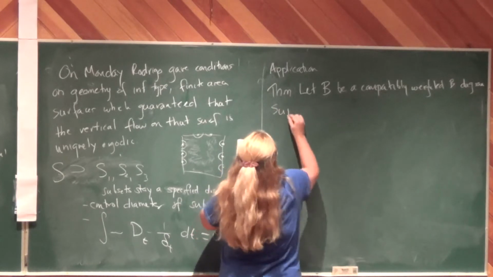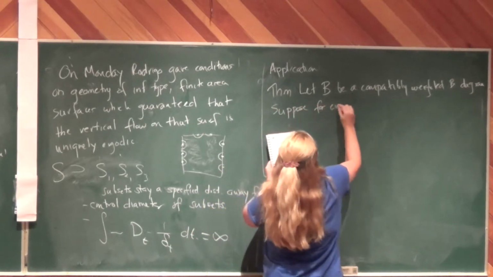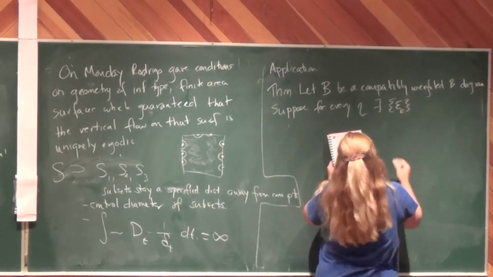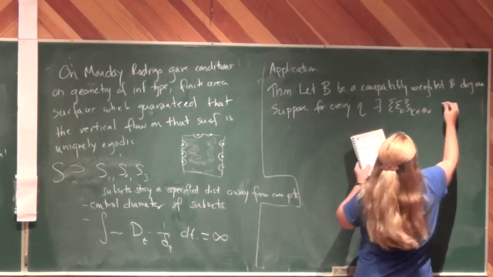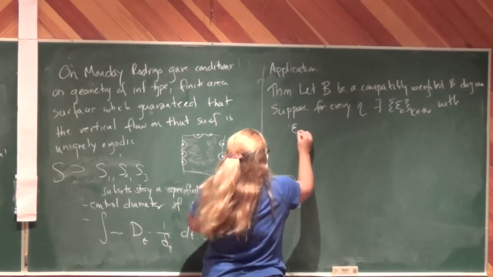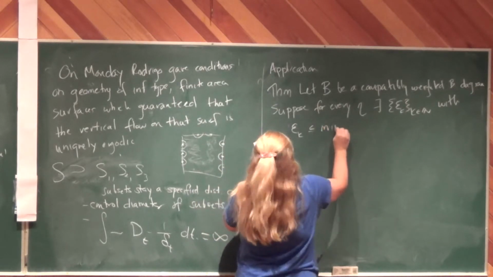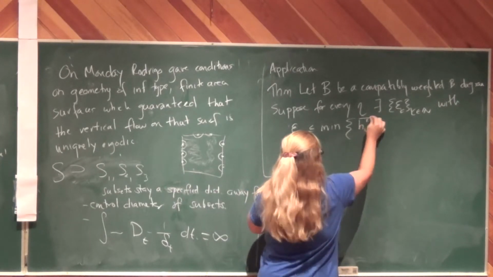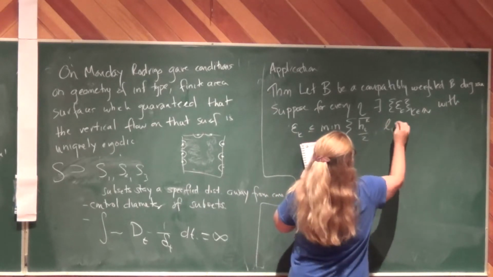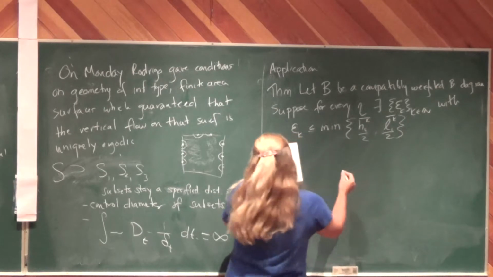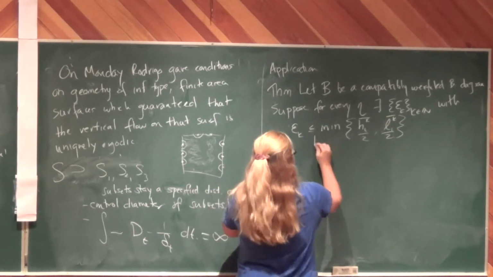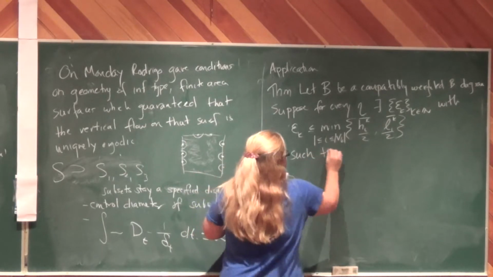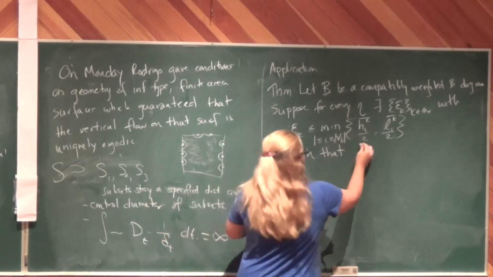Here's the condition. Suppose for every number eta, there exists a sequence of epsilons indexed by k, with epsilon k less than or equal to the minimum of these renormalized heights, h(i)k bar over 2, and renormalized widths, w(i)k bar over 2, where we take the minimum over all of the towers in the kth level, such that, and I'm going to define some